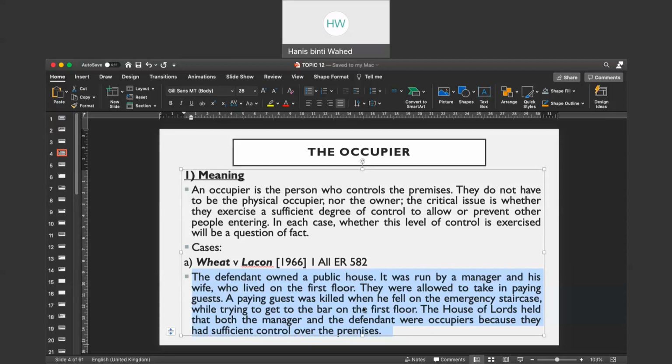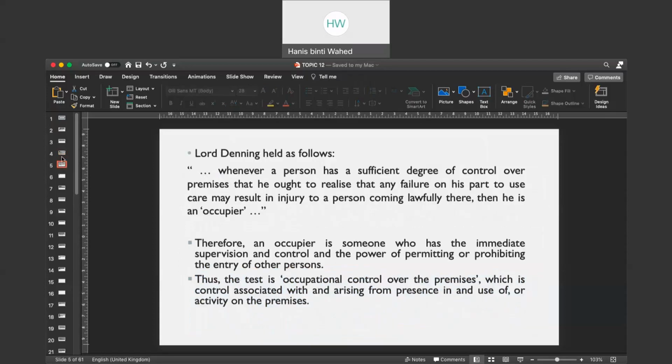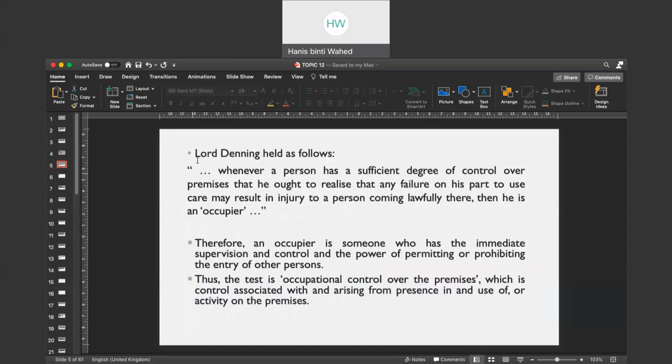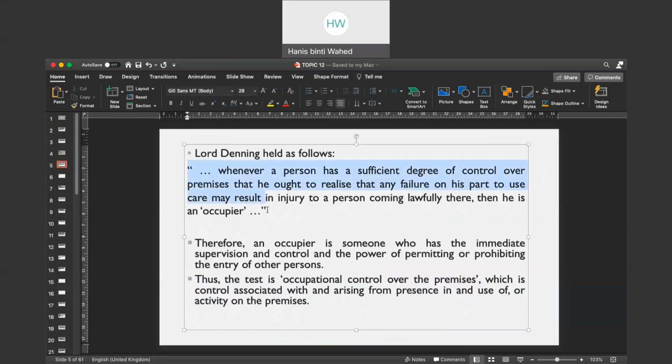So in addition, there was no sufficient lighting there. Okay, so in this case, if you read this case, the judge in this case stated, look at the judge in this case, Lord Denning, held as follows: Whenever a person has a sufficient degree of control over premises, that he ought to realize that any failure on his part to use care may result in injury to a person coming lawfully there, then he is an